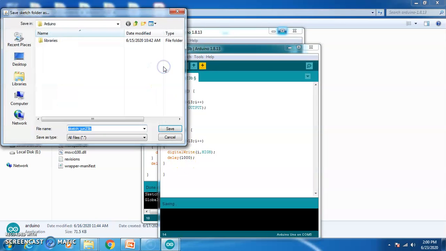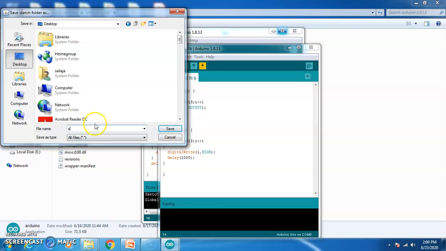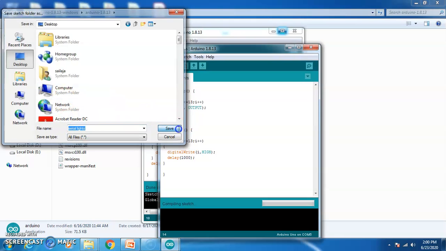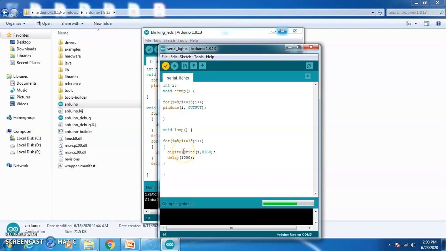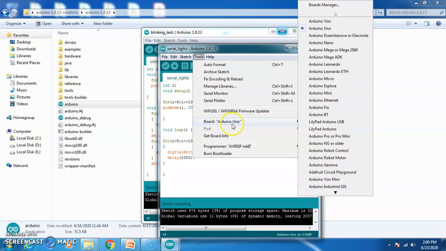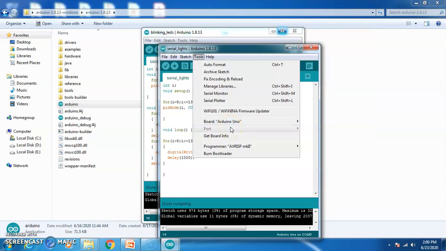So you compile the program. Again it is asking to save my program. I write it as serial lights program, and I click the save button, and then it compiles my program. Once it is done compiling, there are no errors. Now you have to upload the program. You need to click on the upload button, and then the program gets uploaded into the controller. Before uploading, you must check your settings, whether the board is connected properly and whether the port is matching. Once you do that, only then can you get the output on the kit.